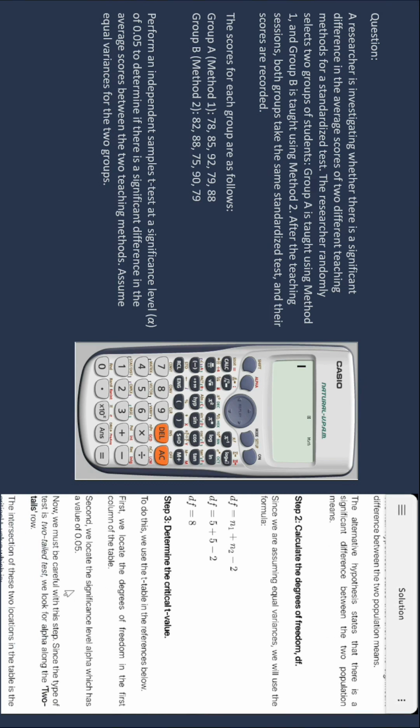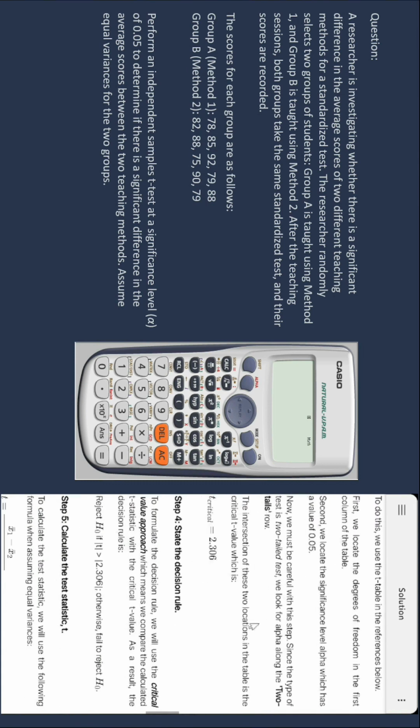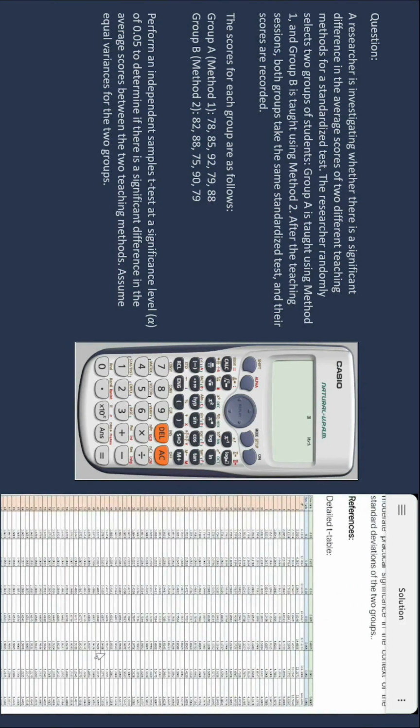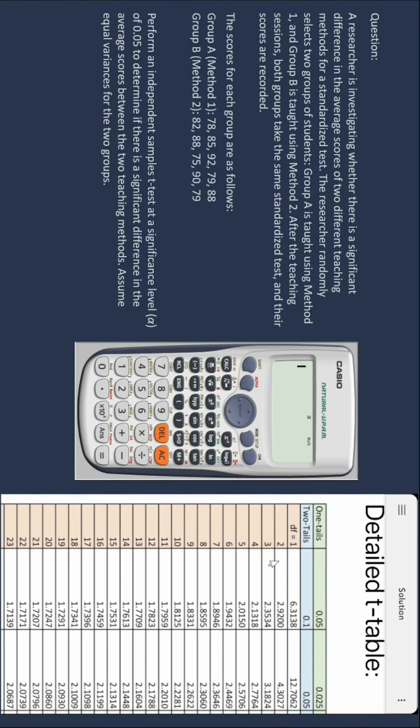In step 3, we determine the critical t value. To do this, we proceed to the detailed t table. So we zoom into this particular table, and the first thing that we will do is to locate the degrees of freedom in the first column. So a while ago, we have calculated that it is equal to 8. So this is the degrees of